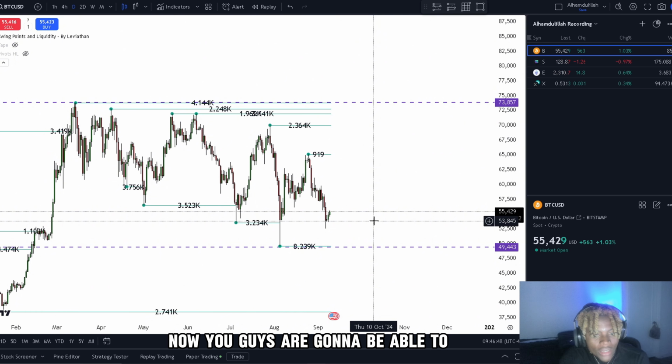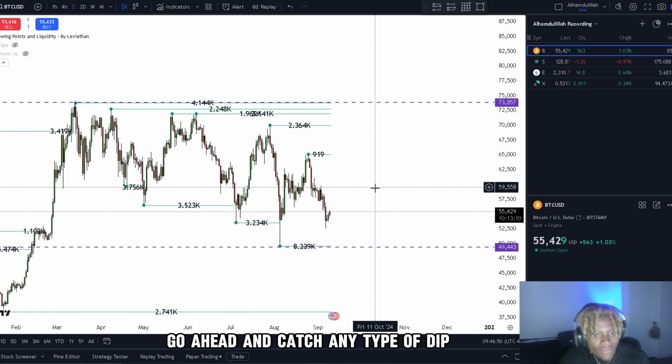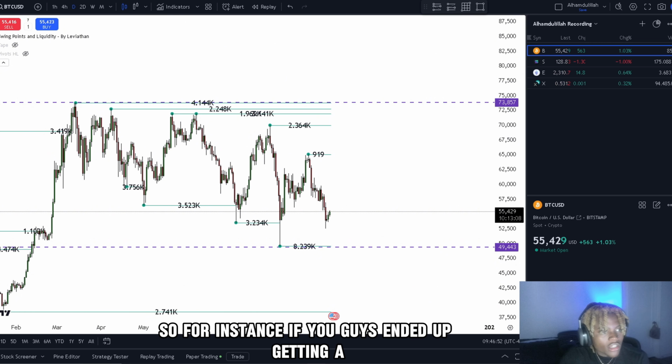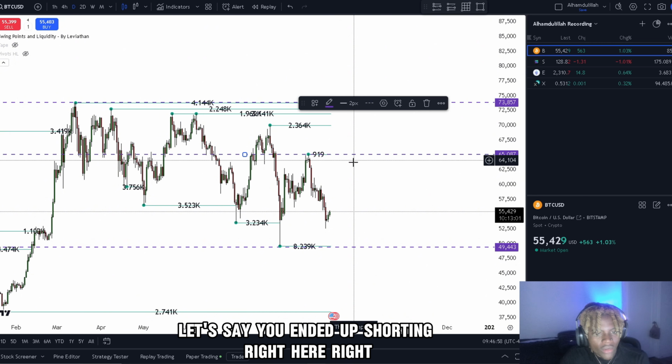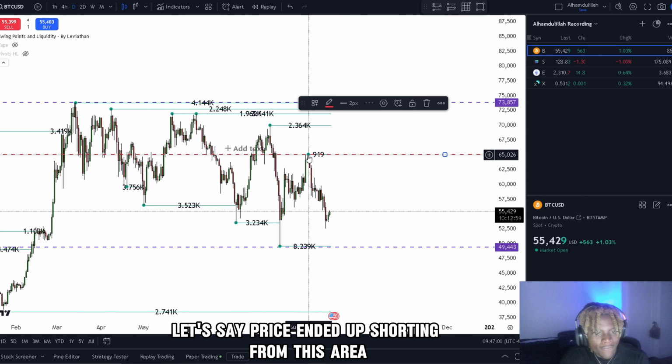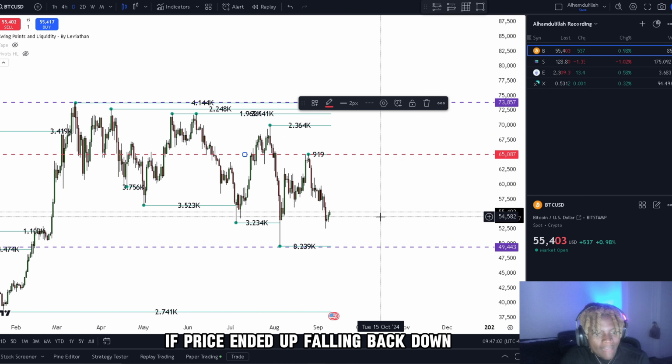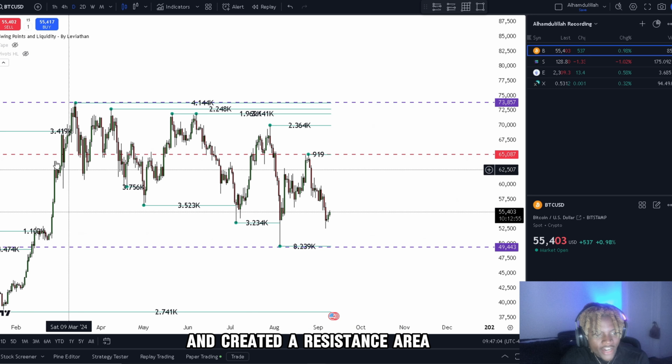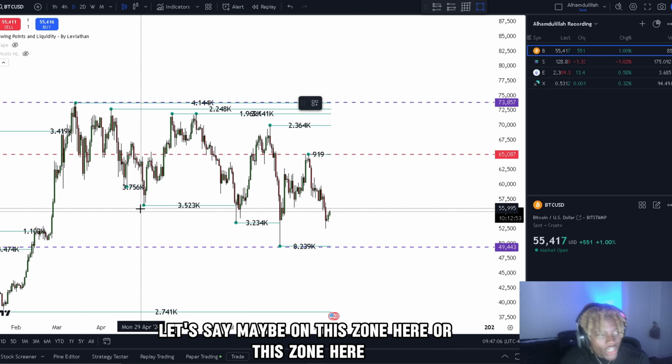Now, you guys are going to be able to catch any type of dip or retracement here. So, for instance, let's say you ended up shorting right here, from this area. If price fell back down and created a resistance area, maybe on this zone here or this zone here,